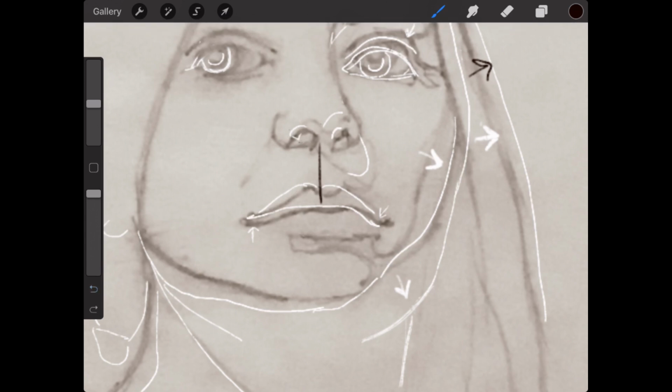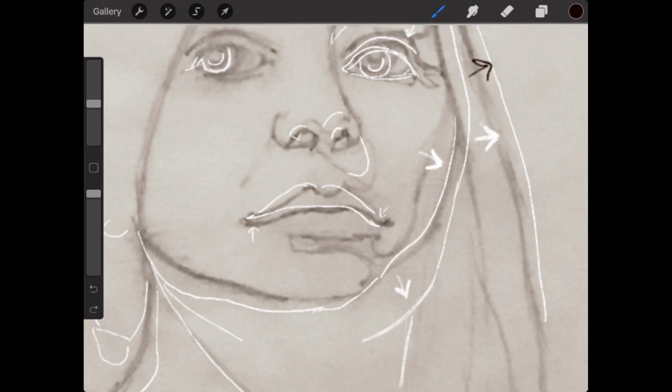And one thing that will also help is you need to move up the corners of the mouth on the left side. That's going to give her a little more of a smile as well. And this corner is actually at the perfect height. It's just a little long. I think you brought it over too far.